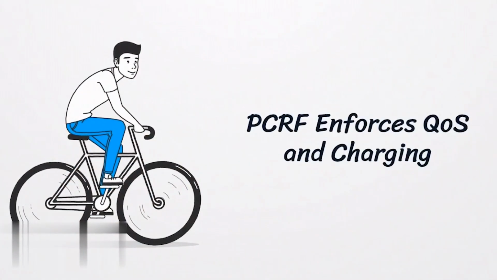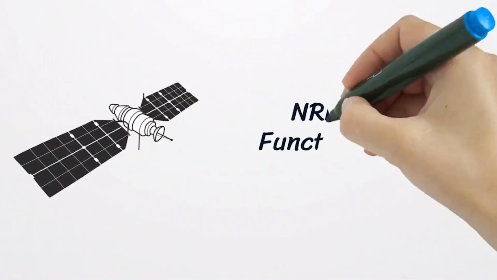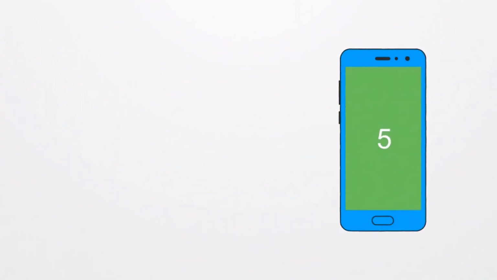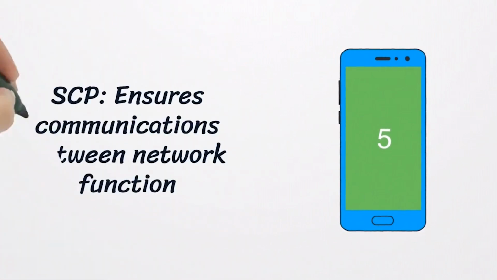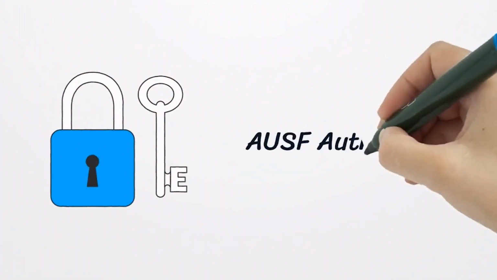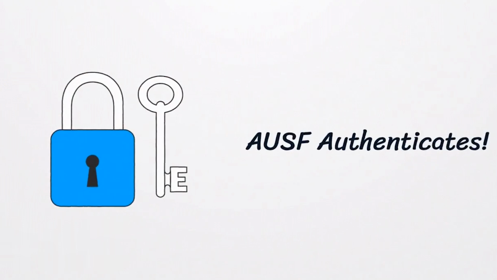The PCRF is what enforces QoS policies and things like that. The NRF is what tracks and records available network functions, kind of like discovery. Think of it similar to LLDP, but not really. SCP is what ensures efficient communication between network functions, so back and forth between the control plane. AUSF is what authenticates devices using the stored credentials, and I'm hoping we don't run into any SUCI issues, but